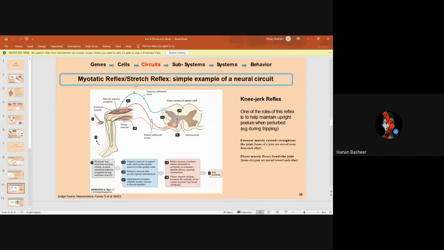Then the myotatic reflex, the stretch reflex. So this is how a natural reflex works. When we get external input, our sensory neurons are activated. These neurons don't go directly to our brain. Instead, there's an interneuron. These interneurons are linked to the motor neuron. They have already been programmed to send out the chemicals such that our motor neuron works in a particular fashion. So this is the knee-jerk reflex. Whenever a hammer hits our knee, our sensory nerves will transmit this to the motor nerves and hence will cause this knee-jerk reflex.